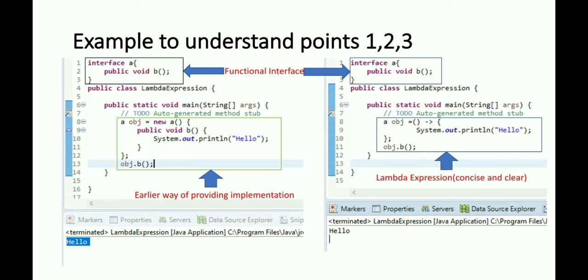On the right side, we have lambda expression which is also used to provide the implementation of a functional interface. So if you see, this has fewer lines of code. This is more concise and clear.